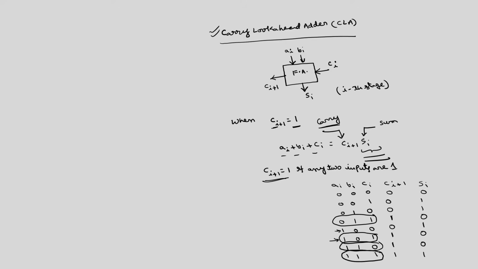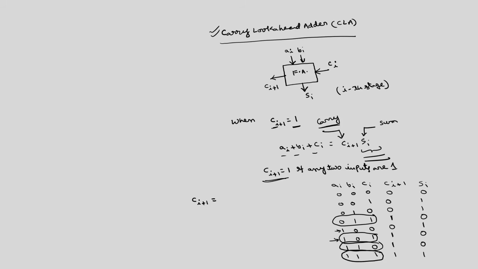So, in order to represent this using the Boolean expression, Ci plus 1 is equal to, we can derive in terms of A, B, C, but I am going to derive in terms of exclusive OR and AND operation, so that I can define some terms like carry propagate and carry generate. So, one condition is if A and B, if I assume that both A and B are 1,